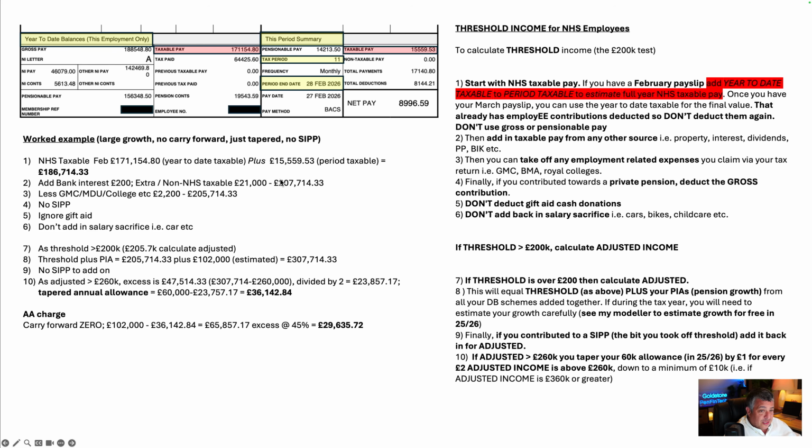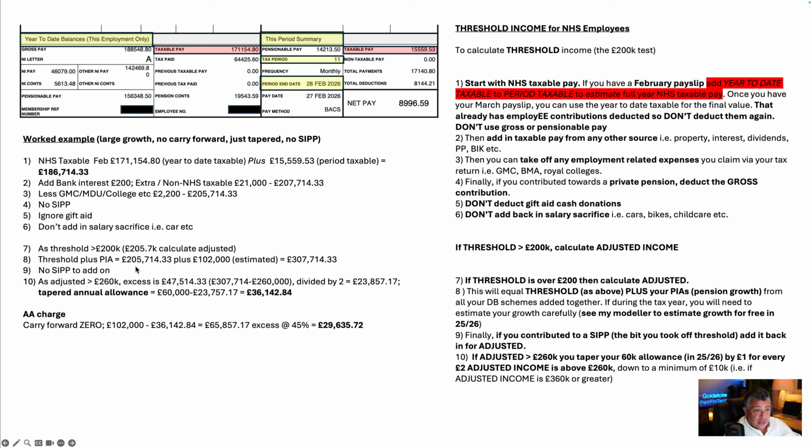I've just noticed that my arithmetic is slightly out, but I'm going to run with it anyway, because this, of course, adds up to 21,200, so that would have gone to 207,914, but it doesn't matter. The final answer is right. We've got no SIP, we've got no gift aid, but even if we did, we would ignore gift aid, and we're going to ignore a salary sacrifice. Now, because this figure here, 205,714, is above that 200 test, we then need to go on and calculate